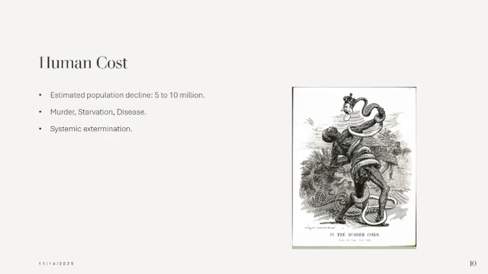The death toll was driven by forced labor, which then led to widespread starvation as people were pulled away from farming their own land. It was also driven by murder by the Force Publique, stated earlier in the previous slide. And then finally, the displacement, brutality, and lack of sanitation spread disease like wildfire. The entire system was one of systematic extermination for the sole purpose of extracting maximum profits.